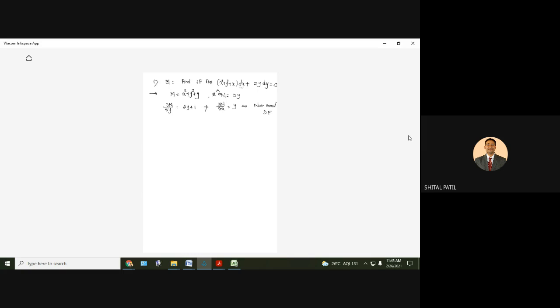Okay. So now we have to use rule number 3 or 4, and hope you remember what for that. What we have to do? We have to find del M by del y minus del N by del x. Okay, that is 2y plus 1 minus y. So that will give y plus 1.